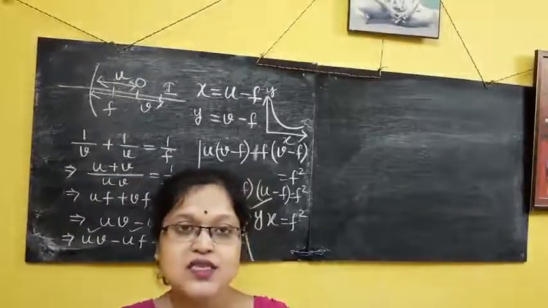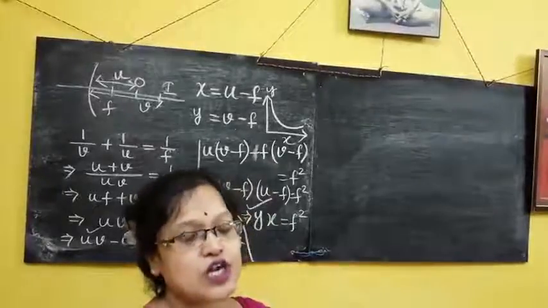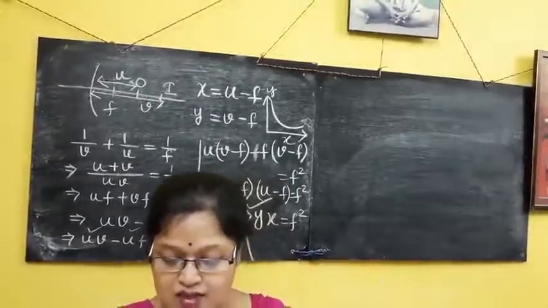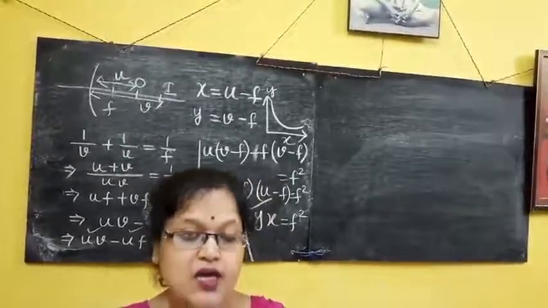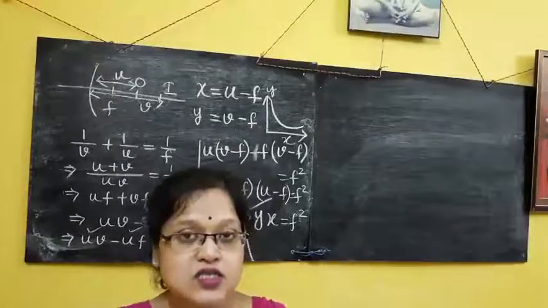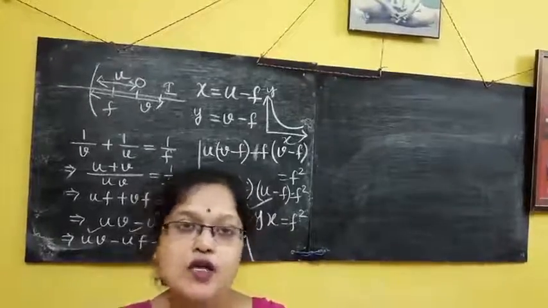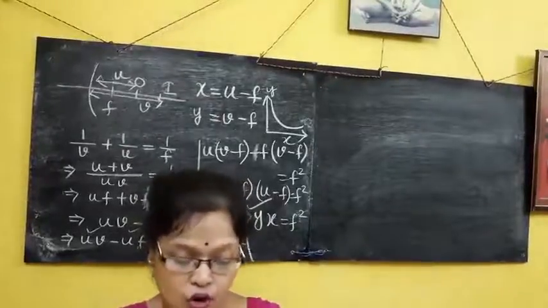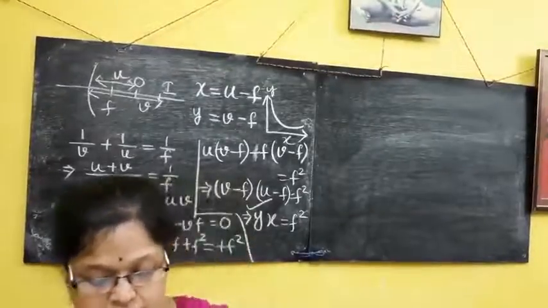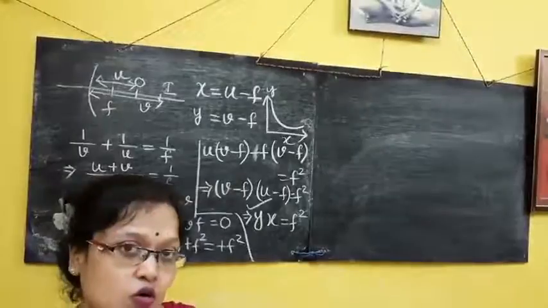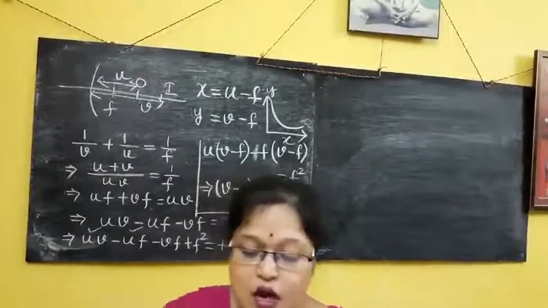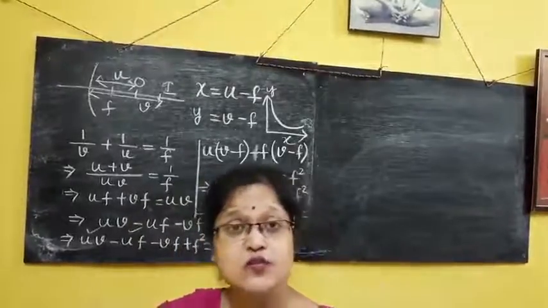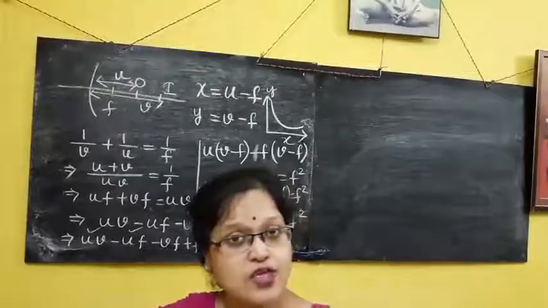Now in your syllabus there is another part, that is magnification. Those who have done the ICSE Selina publication book previously know what linear magnification is: image distance by object distance, or image length by object length. I repeat, image distance by object distance or image length by object length. See, the derivation of this formula is not included in your syllabus. What is included is what linear magnification is. That is given in your book, in the Chhaya Prakashani book. It is precisely given. I will mention the page number here.